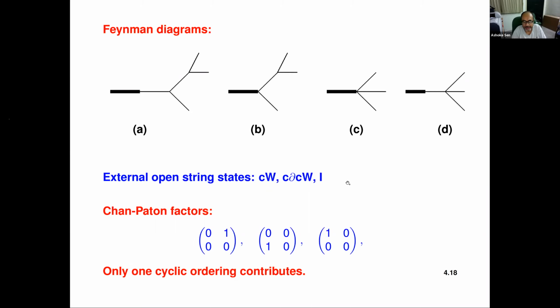Because we had said that nothing is charged under EGD1. And the way the result would vanish in that case is because we'll have both cyclic orderings, because now we all have just 1 0 0 0, 1 0 0 0, and 1 0 0 0. So both cyclic orderings will contribute, and their contributions will cancel. So that's the role that the spectator plays, right? By bringing the spectator in the game, all you have done is to ensure that in these amplitudes, only one cyclic ordering of these 3 vertex operators contributes, the other cyclic ordering doesn't, so that there is no cancellation between terms.